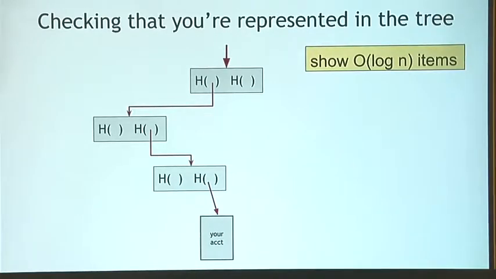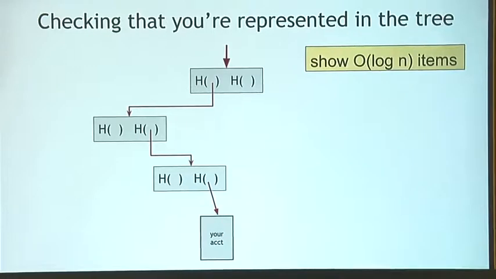And so I can go to the exchange, I can make that demand, and they can show me this partial tree. I can see that up here the hash pointer is the same hash pointer that they signed. I can see that the hash pointers are consistent all the way down, and that the hash stored in this hash pointer actually is the cryptographic hash of this node, and so on for each hash pointer all the way down. And so just like with the Merkle tree, that proves that my account here was in the tree that they